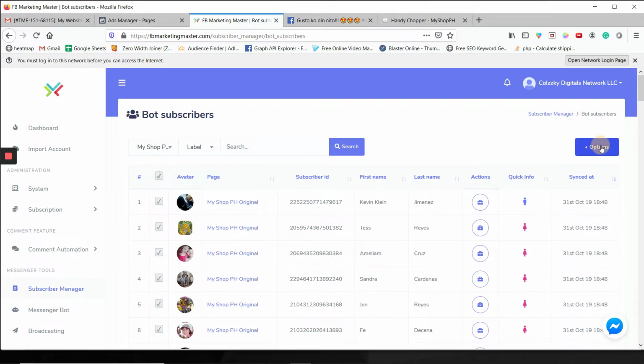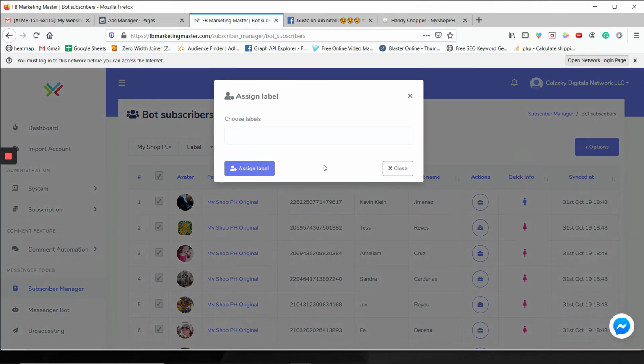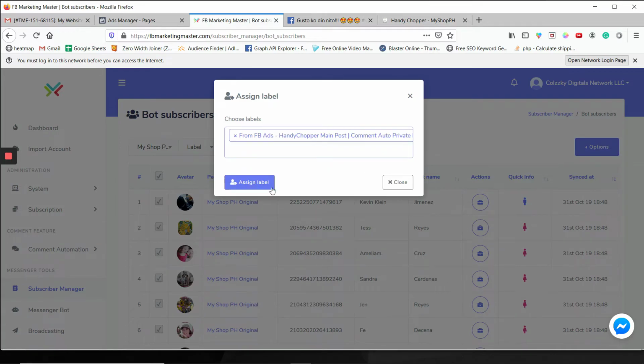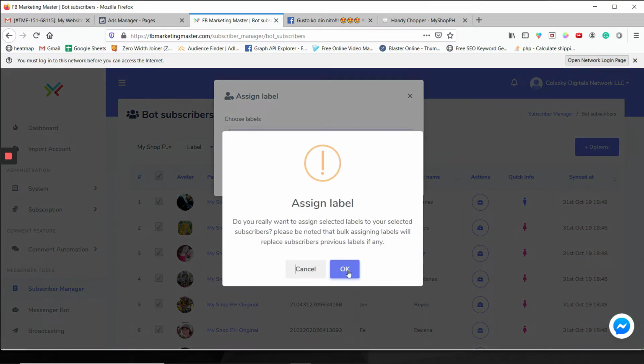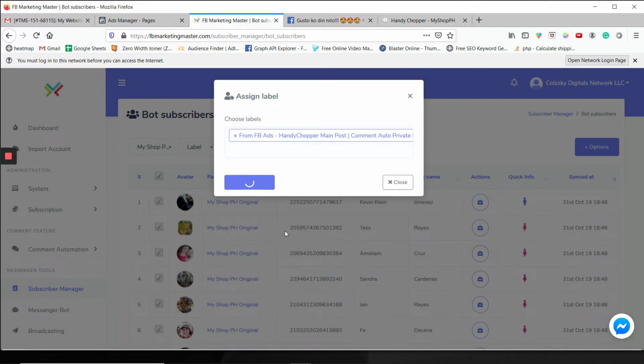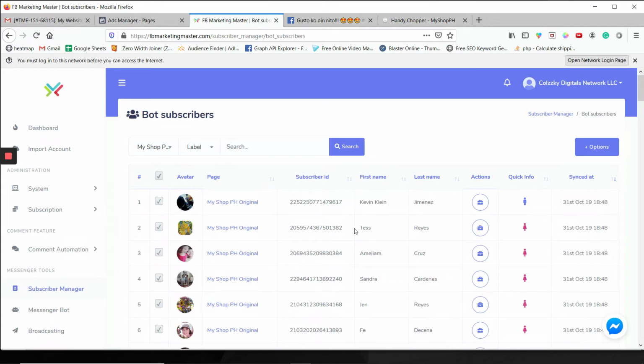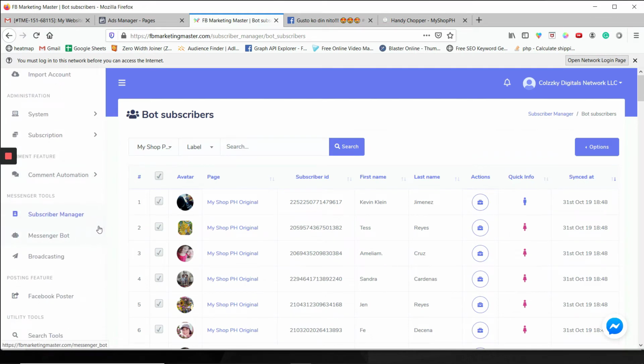If we want to select all of the 1,000 subscribers, or all the available subscribers for this page, we can now go to options and then assign a label, and then choose a label, and then we can assign a label for all of them. So that's another way to bulk assign a label. It may take a while for the label to be attached to every one of them. Okay, so let's just cut the process for now, and then let's go back to